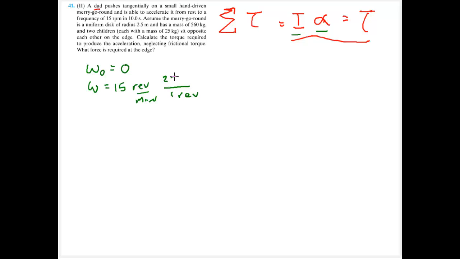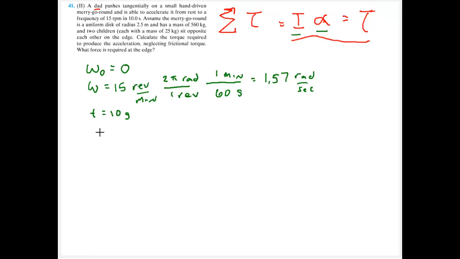So 1 revolution is 2 pi radians, and of course 1 minute is going to be 60 seconds. Go ahead and I come up with 1.57 radians per second, and I know the time that it takes to spin up is going to be 10